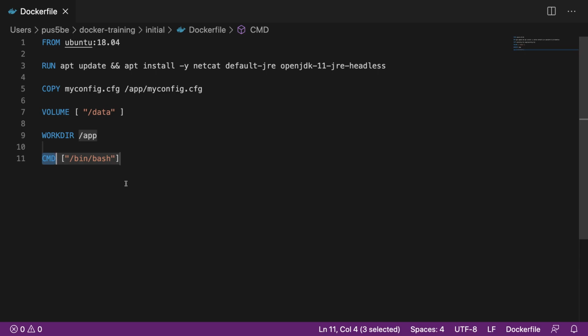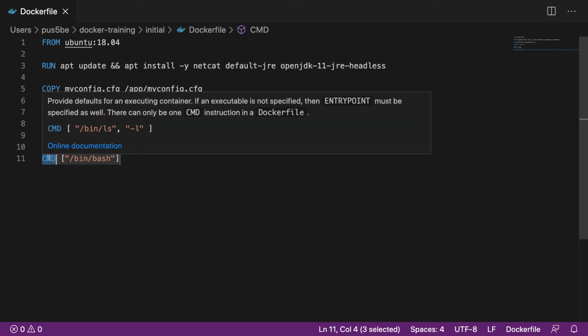Now the difference between the command and entry point is that the entry point is more if I want to make it executable, and command is more like a configuration for the container, which I would use as, for example, the Ubuntu. I don't want to make this container executable, but it can be a configuration which can be reused.